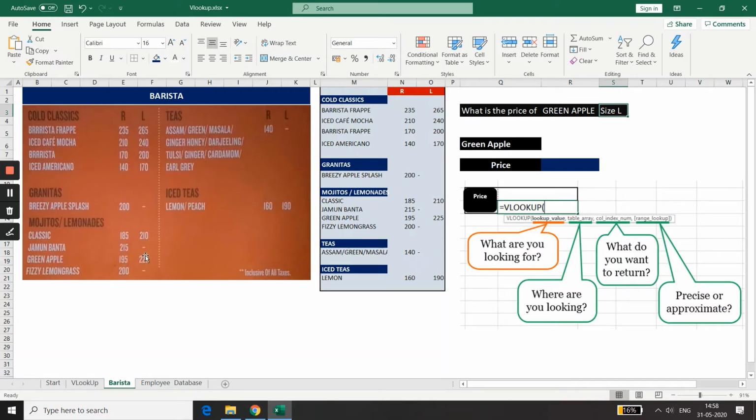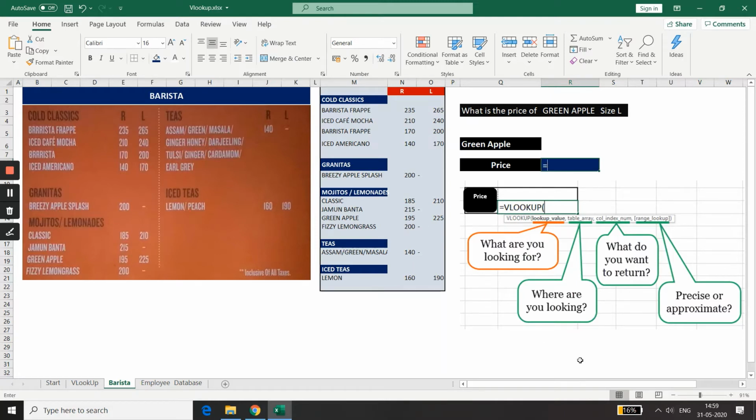Let's use the VLOOKUP function in Excel and find the price. It's a very simple example, and we will move to complex examples in tutorial 2 of VLOOKUP. This is the same data taken in Excel format. All the categories are available here along with the prices. Now, for the green apple we are looking for the price. So this is the cell where we want the price of green apple. The interesting part is what the formula looks like.